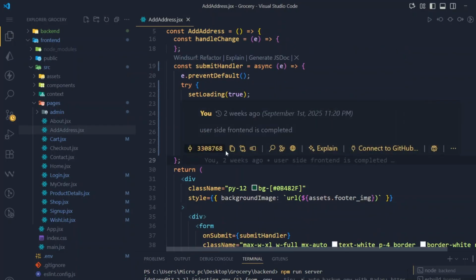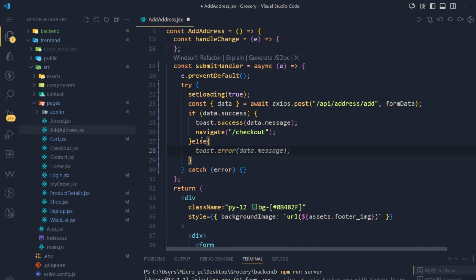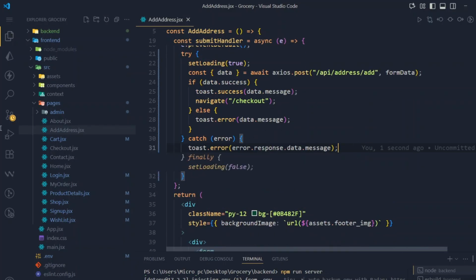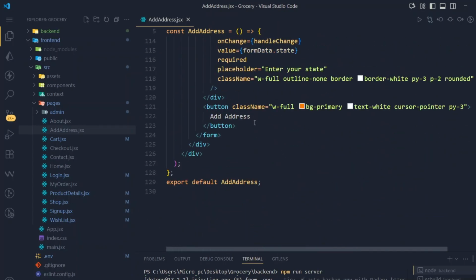In else, here we will use else statement, and we will use toast, like this. And here we will also use toast, and it will be error dot response dot data message. So this is done, and we will use finally block, and inside this finally we will use set loading